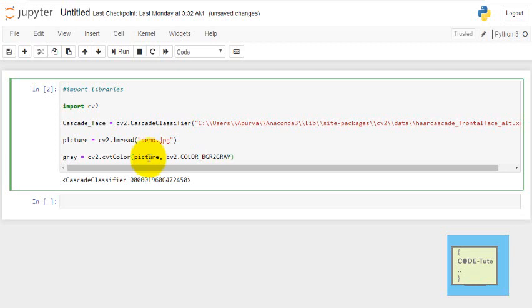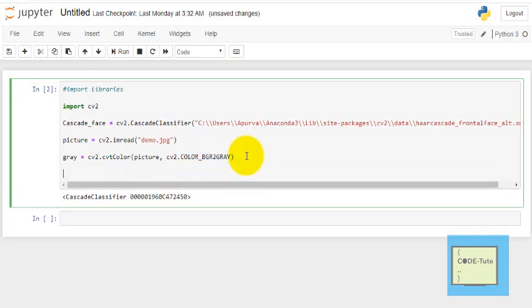This is the color code. This is the picture I have taken, and I'm converting this color picture to a gray image. Now my image is converted to a black and white picture. Now let's perform face detection on that black and white picture, because the Haar cascade algorithm works on edge detection. It is feature based, so we are not interested in color, we are only interested in edges.